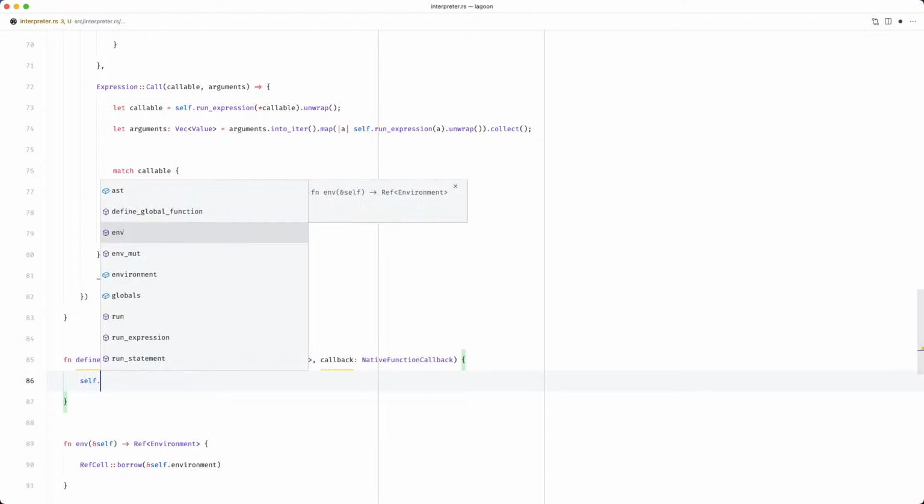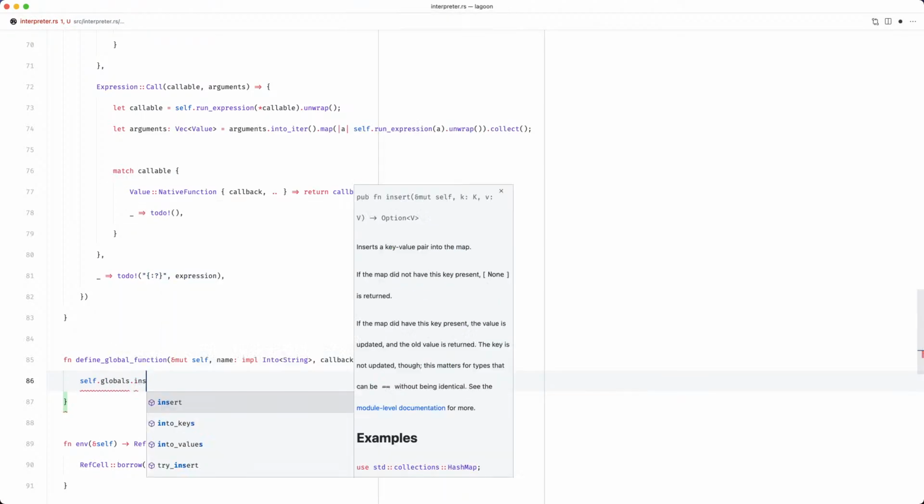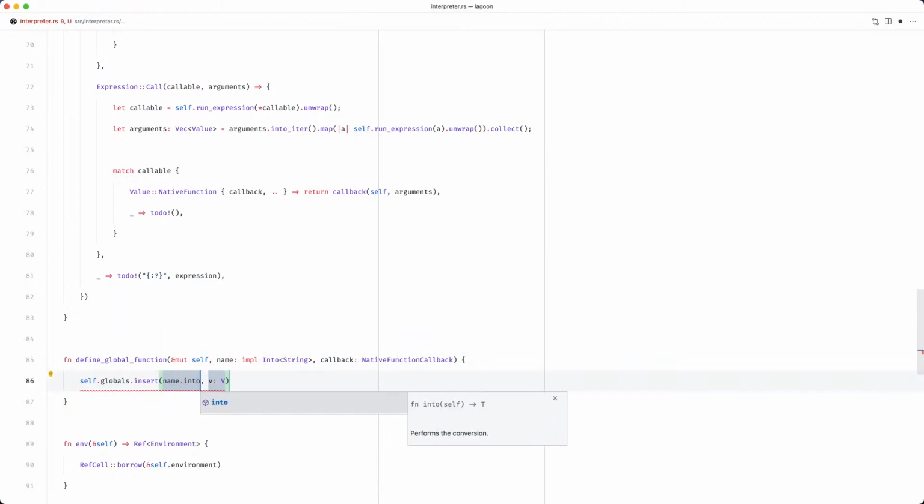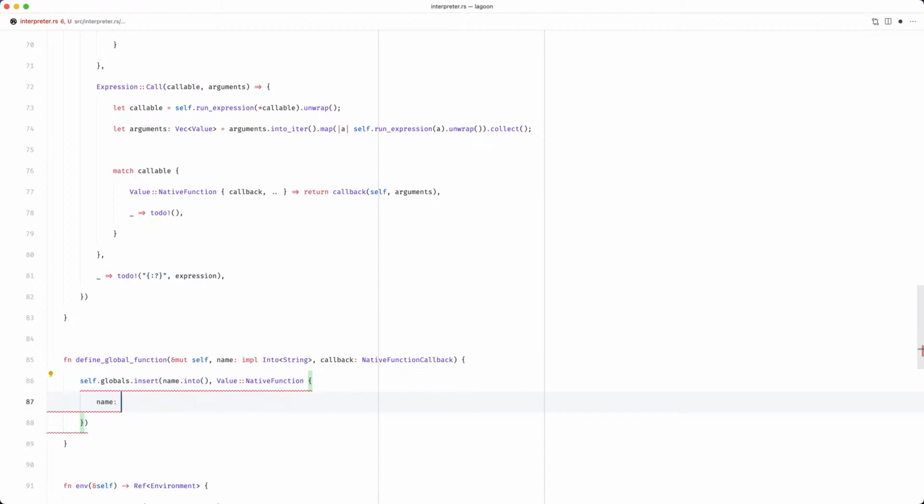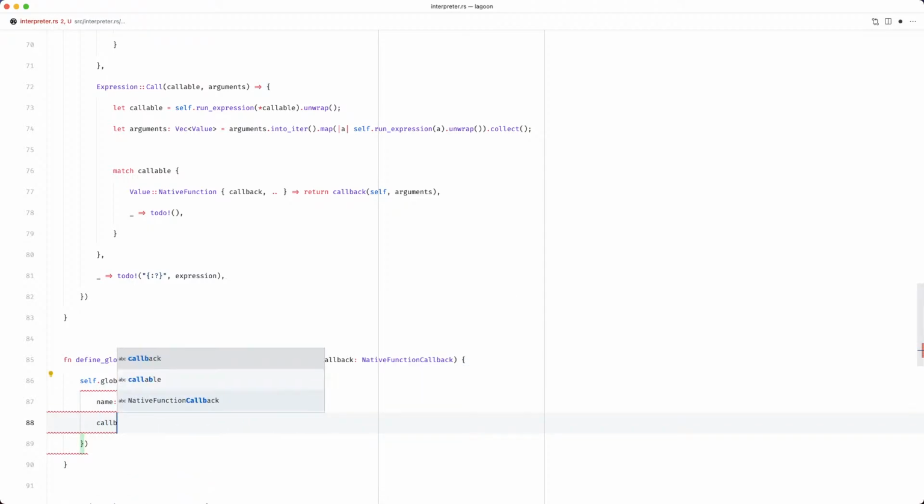And then here, we can just say self.globals.insert(name.into(), and then a value of type NativeFunction, where the name is name.into(), and the callback is the callback.